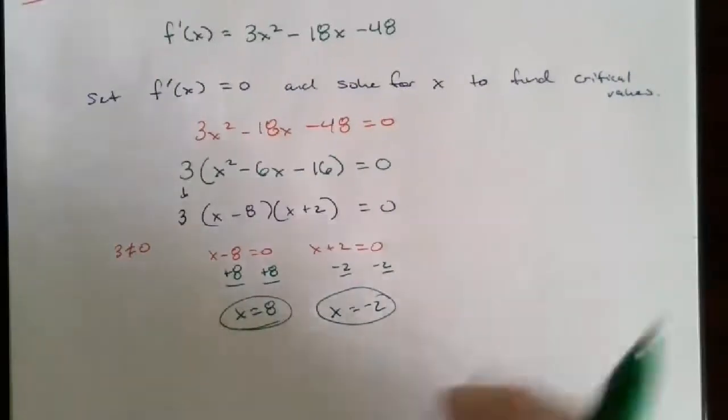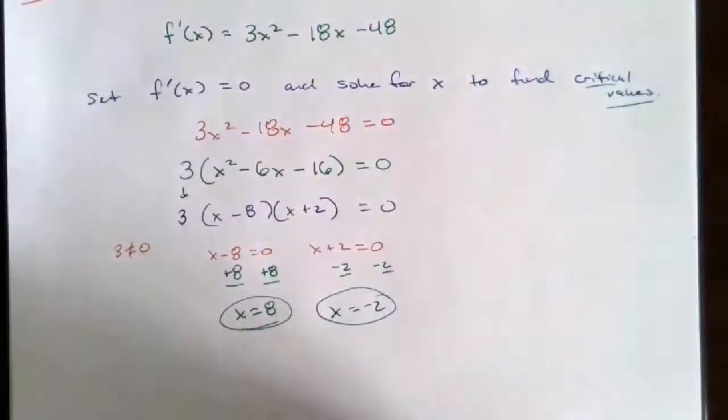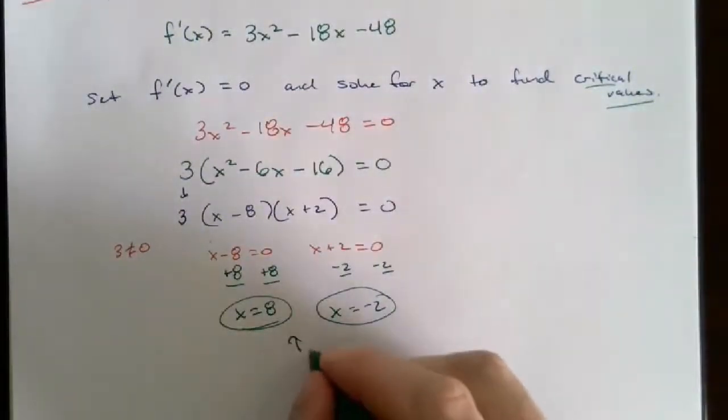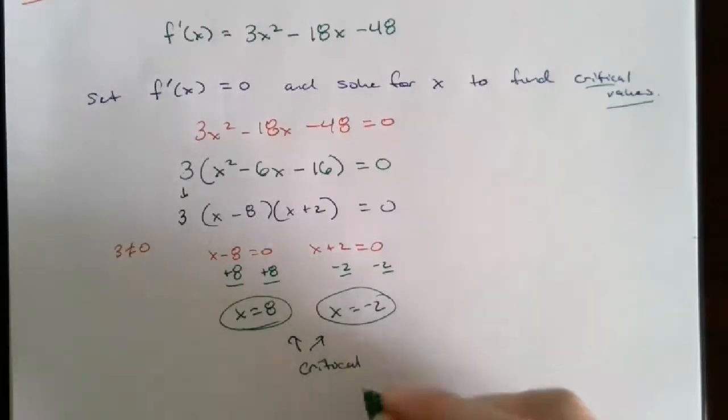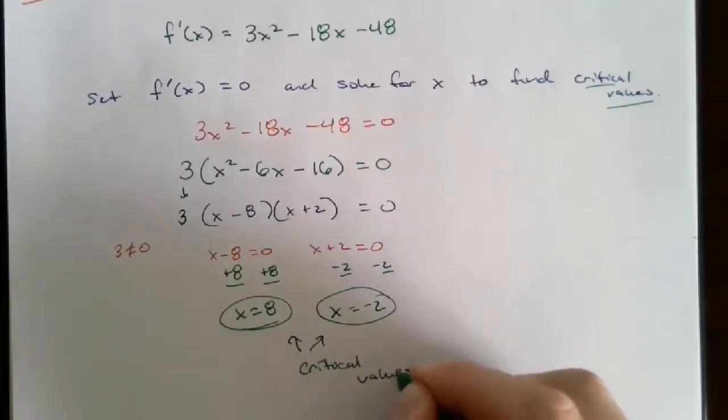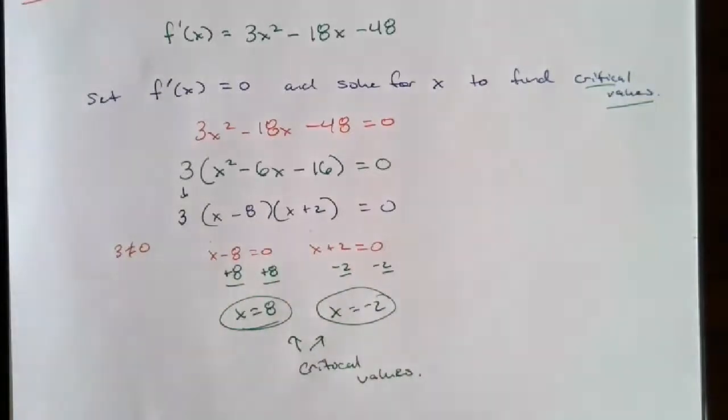What were we finding? We were trying to find critical values. So these right here, x equals 8 and x equals negative 2, these are the critical values. Now, what does that tell us? Well, that tells us that these are candidates for points where we could have a maximum or a minimum, a local max or a local min. The relative extrema could occur here. Doesn't mean they have to, but they could. So